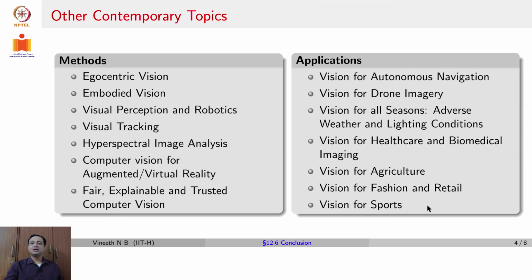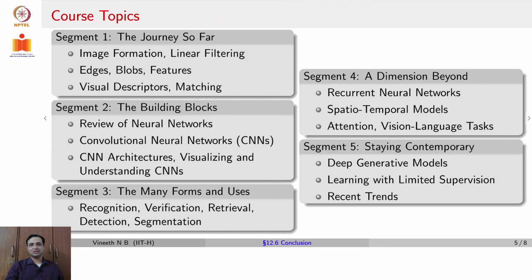To conclude, let's revisit the outline of this course that we started with. So we had 5 different segments. We started with trying to understand image formation and linear filtering. We then talked about edges, blobs, and features. We then went into visual descriptors, feature matching, and so on, and then moved from traditional computer vision